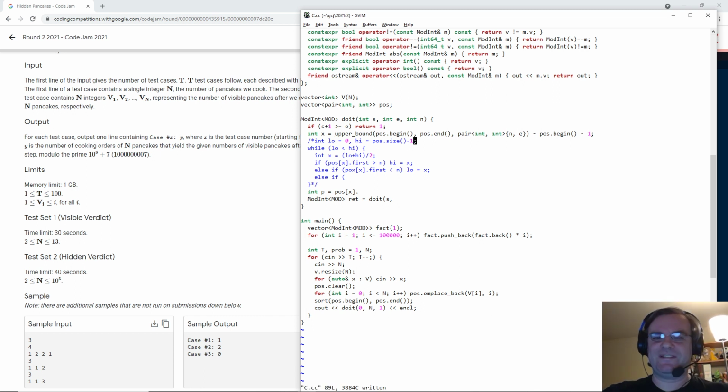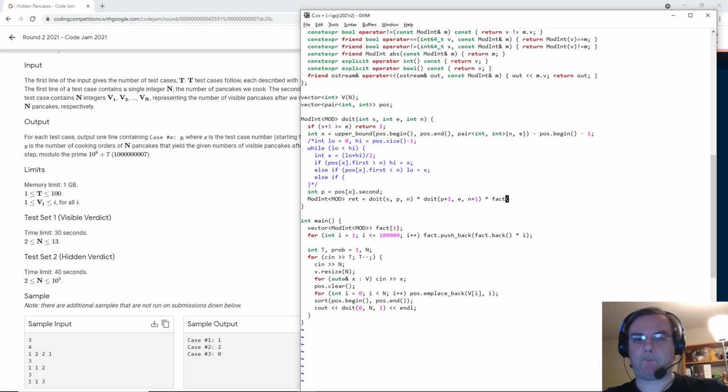Why is binary search always so annoying?